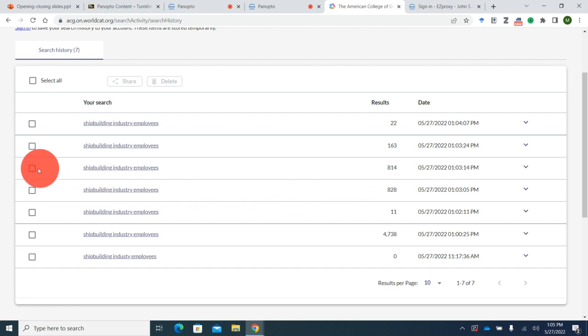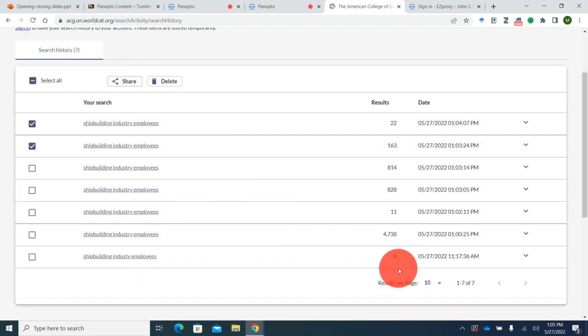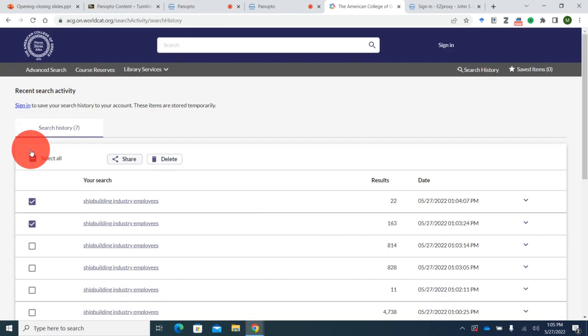To save your searches, you can select them and click the Share button to email them to yourself. Alternatively, to save your search history, you could sign in with your ACG network credentials. If you are not signed in, searches are stored temporarily and will be lost when you leave the session.